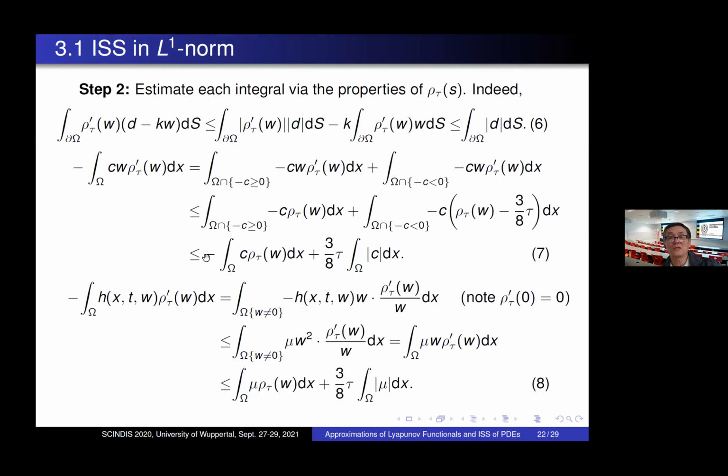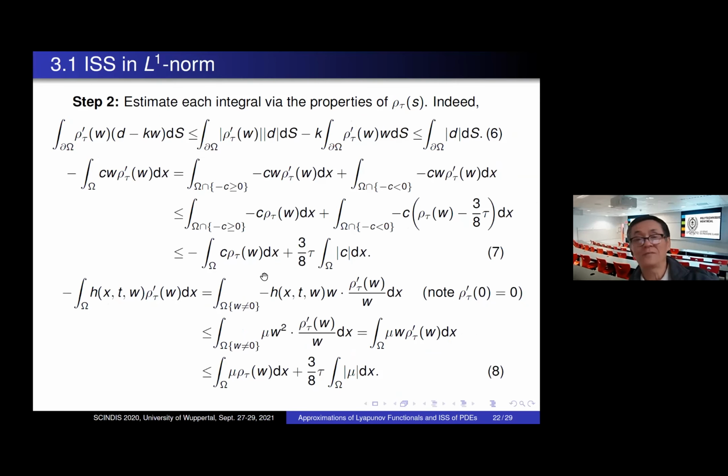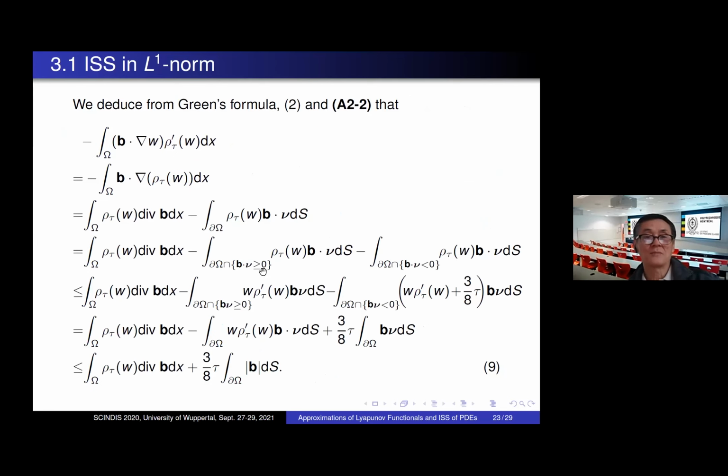For this term, we can use a property of the rho tau, and also use the upper or lower bound to give a term which depends on tau. Okay, and we can also estimate the term related to the nonlinearity. We get this form. Actually, it's also a term with tau as coefficient. So we can compute the other terms, and we get a quite similar form. That means a term depending on tau, and another term depending on tau.